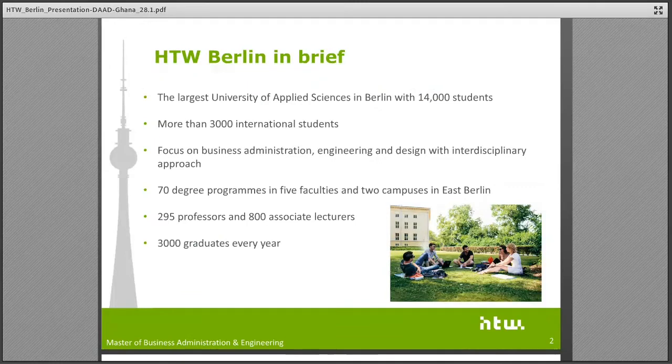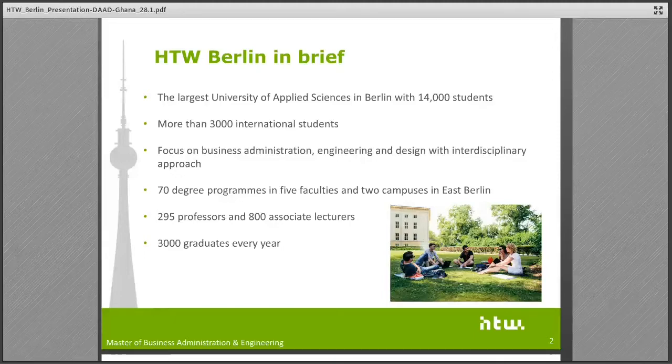Okay, so let's get started with some interesting figures about the HTW Berlin. The HTW Berlin is the largest university of applied sciences in Berlin with 14,000 students. And at the moment, we have 3,000 international students. So it's quite a diverse university. Our study programs focus on business administration, engineering, and design with an interdisciplinary approach.